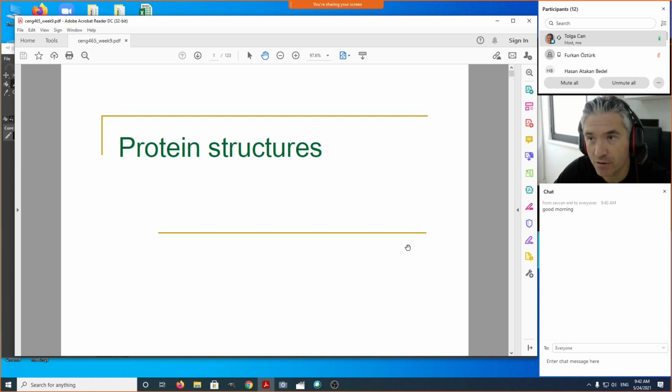And the protein structure universe is so diverse that there are also very small proteins with 30, 40, 50 amino acids. There are very short proteins. There are proteins on average maybe 300 amino acids. There are proteins